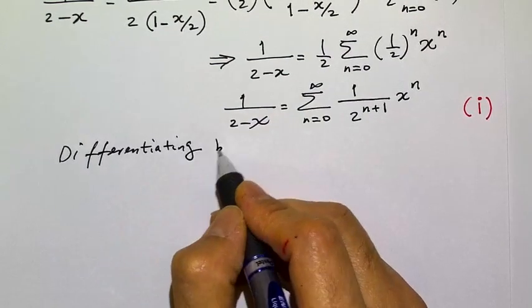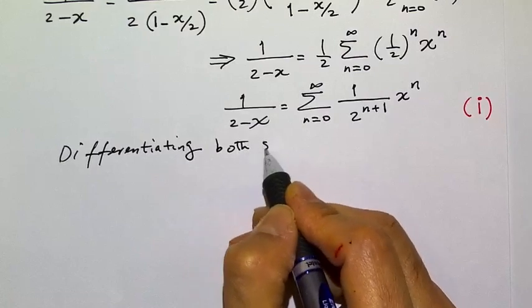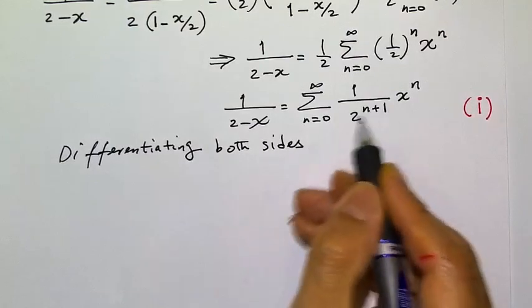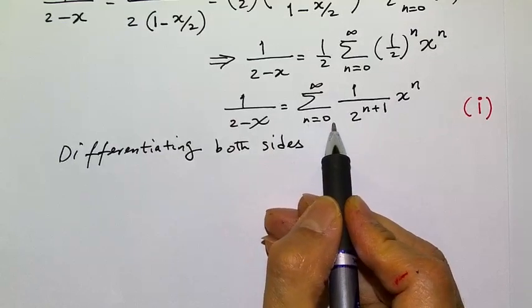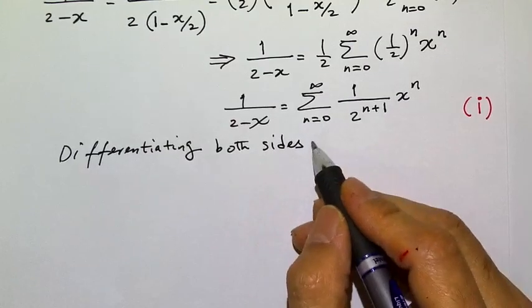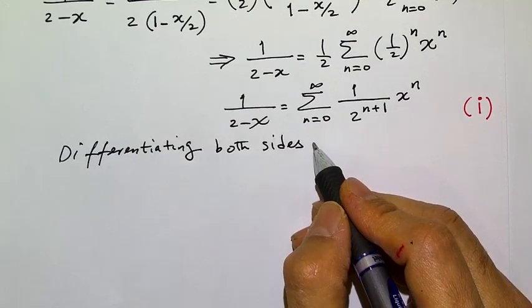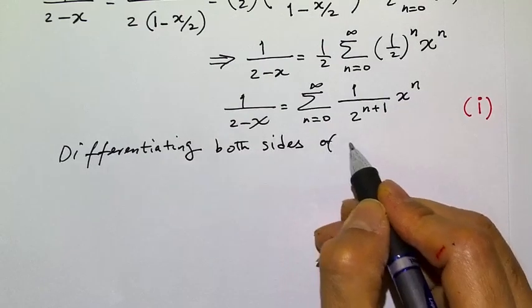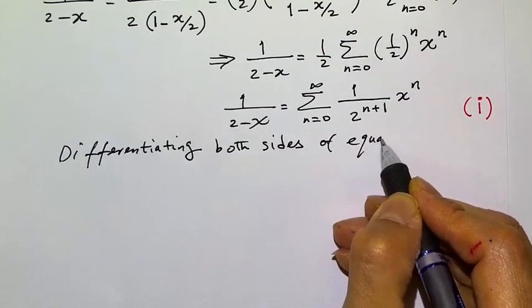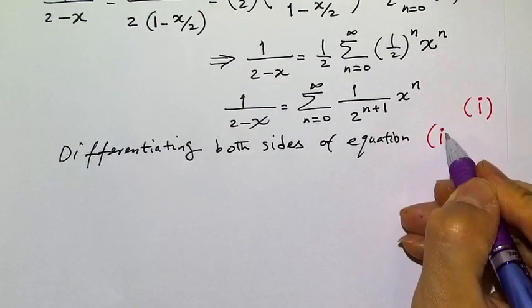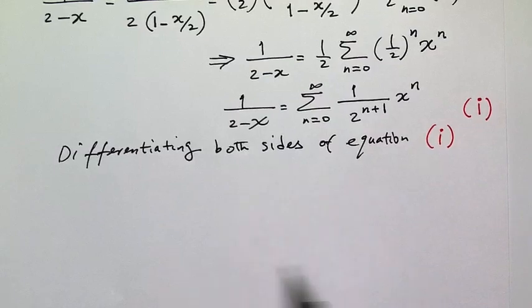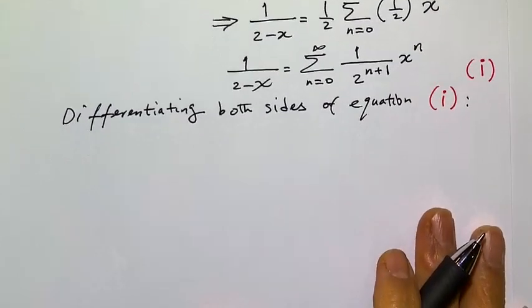So differentiating both sides, including the power series. Remember, when we do that, this is going to go from n equals 1, right? It's going to change. So differentiating both sides of equation I, we have